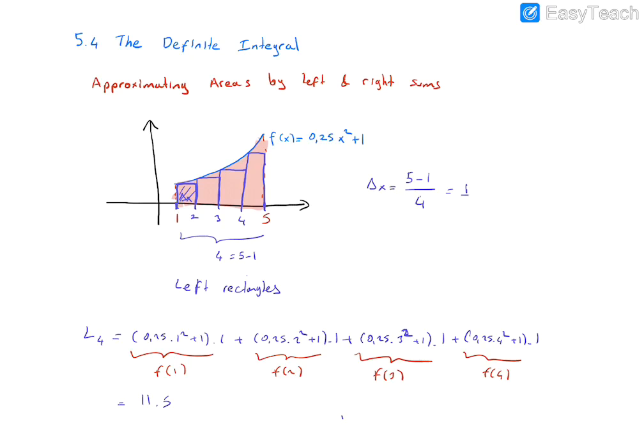sum, by considering the right endpoint of each subinterval. Okay, so let's quickly show that situation. This point is 1. This point is 5. So for each subinterval, 2, 3, 4. For the first one, this is our rectangle.